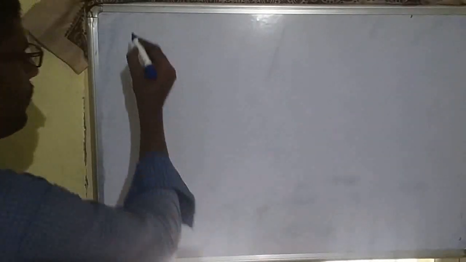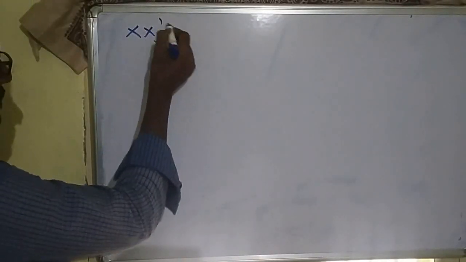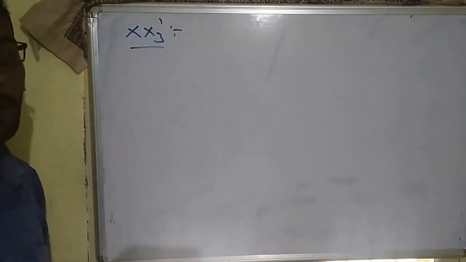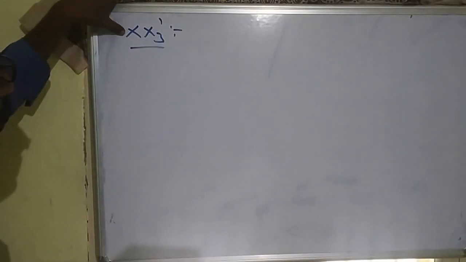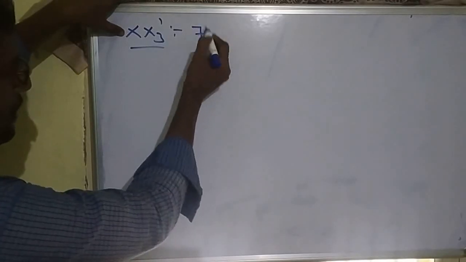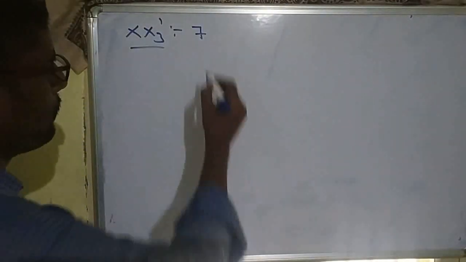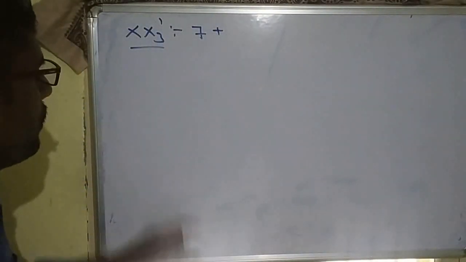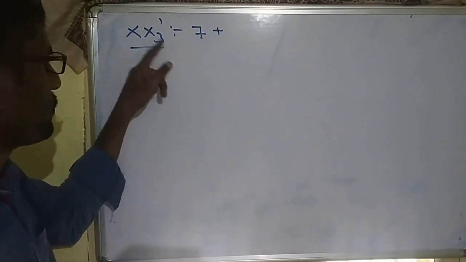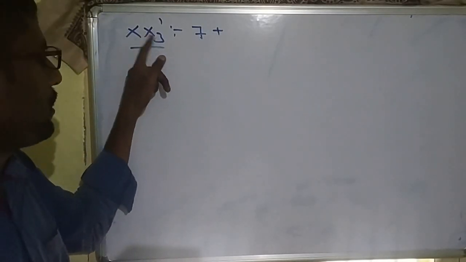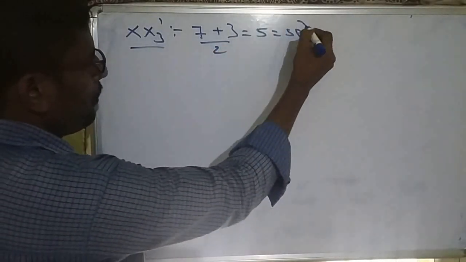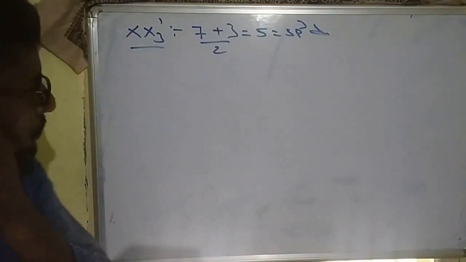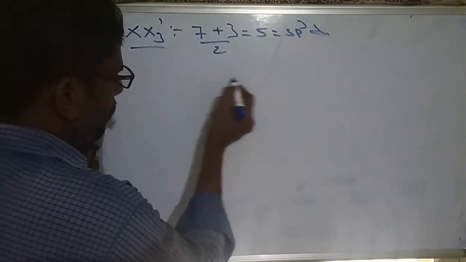How to calculate? Suppose we are writing XX3'. What is the shape of the XX3' molecule? X is also a halogen central atom. Valence electrons of the central atom will be 7, because halogens have 7 valence electrons. The remaining atoms are monovalent, halogen again. There are 3 monovalent atoms, so (7+3)/2 it will be 5: sp3d. So sp3d means trigonal bipyramidal.